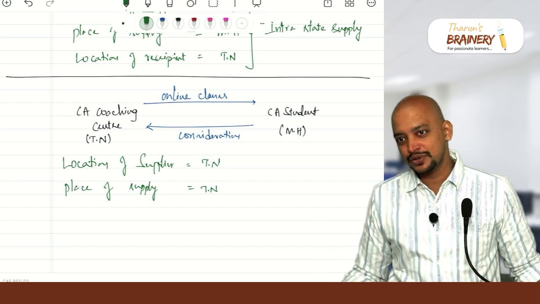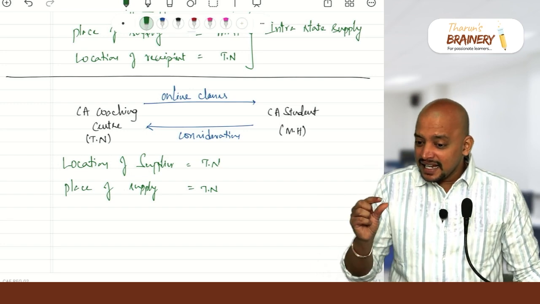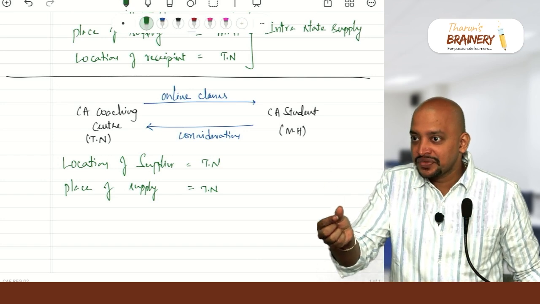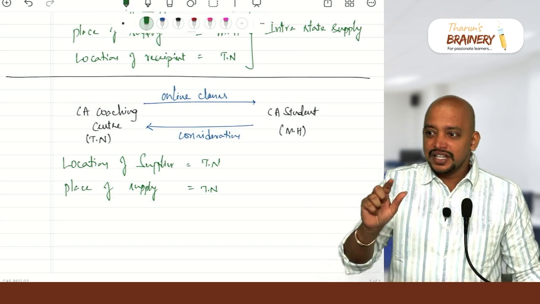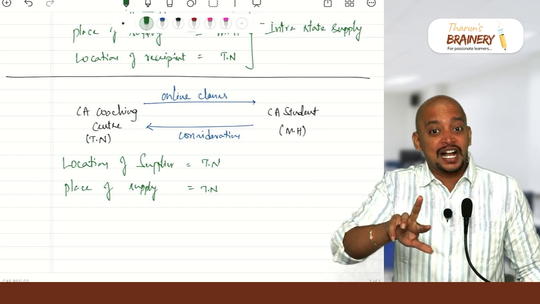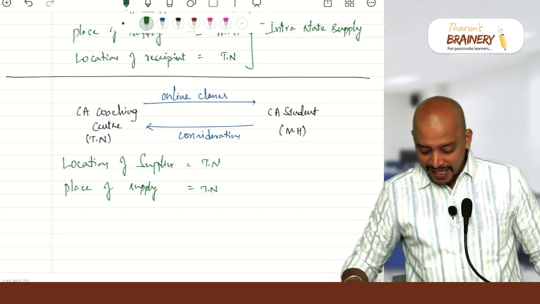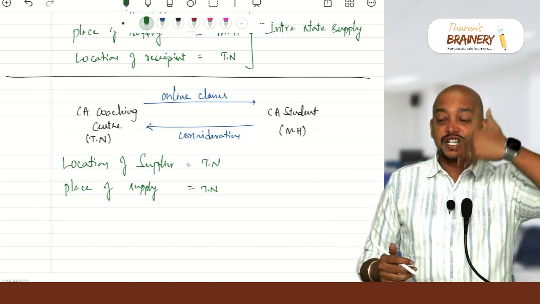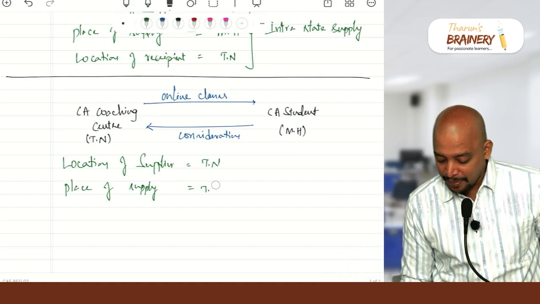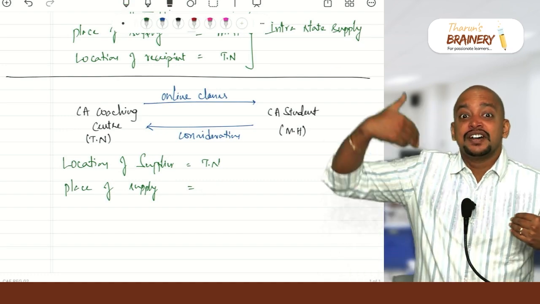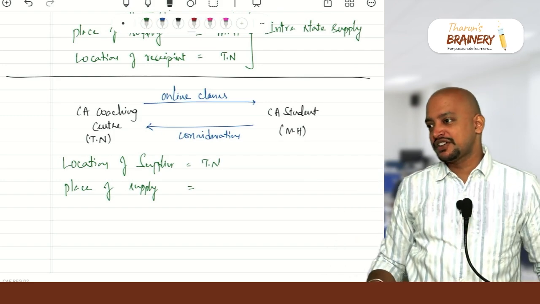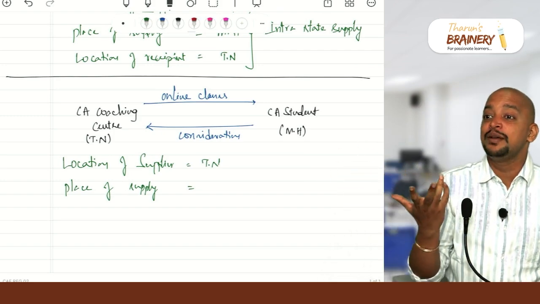Then you understood. So training requires a certification. Then only it will be called training. So then where will it come, sir? Coaching will not come under training. So then where should it be classified? General provisions. As per general provisions, what will be taken as the place of supply? Location of recipient will be taken as the place of supply, because in CA coaching there is no element of